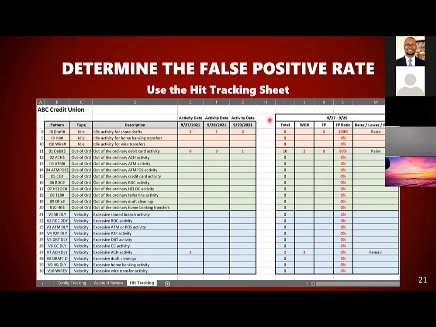So let's say we ran the tool over the span of 3 days and we reviewed the accounts. Now that period can be longer, of course, or maybe even shorter if it's abundantly obvious that the config is pulling in too many accounts. So you just find the pattern. So for example, we were doing the V7 ACH DLY. There's the excessive ACH activity again. So you just find the pattern, enter the activity dates,